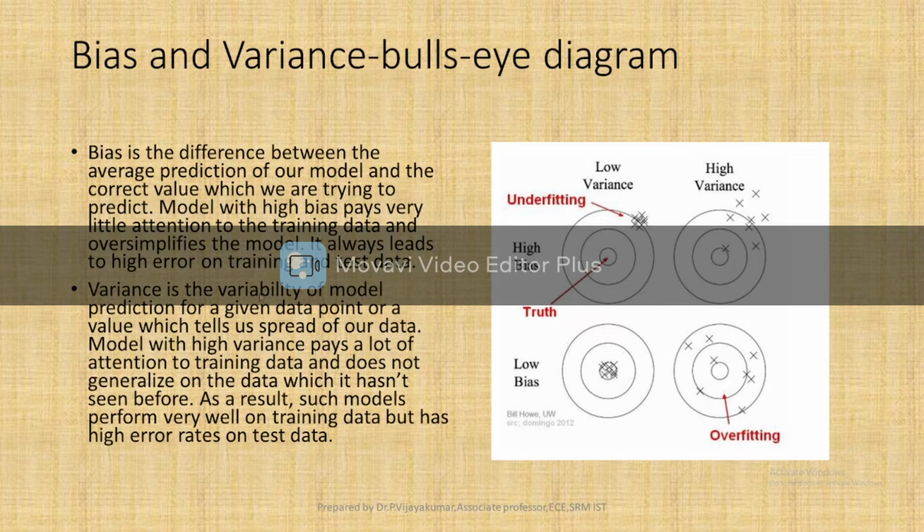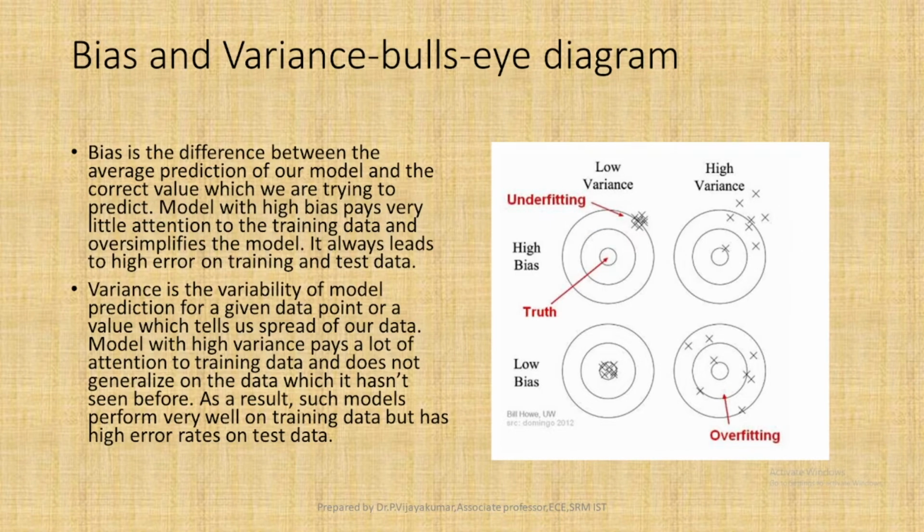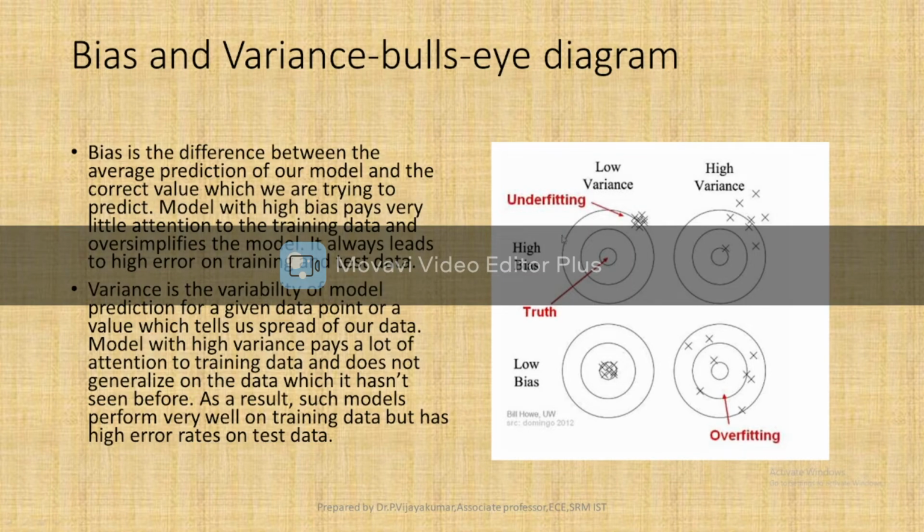This concept of high bias and variance, or the combination of high and low bias and variance, can be very well illustrated with the help of a diagram called the bull's eye diagram. So you can see this bull's eye diagram here. There are 4 cases illustrated here. For example, this